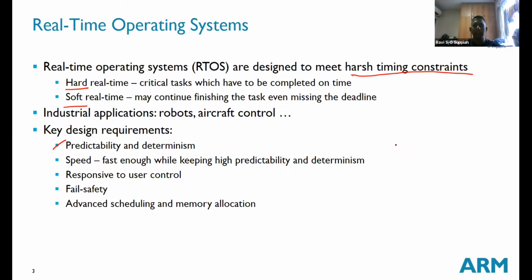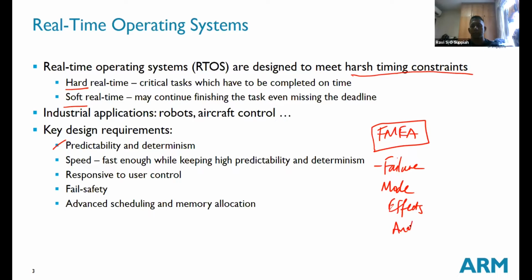Okay. So one of the things, I'm not sure which particular module you will cover it, but one of the things that you should look into is called FMEA. Does anybody know what is FMEA? Okay. So basically FMEA stands for failure mode effects analysis. And this is very, very important, especially when you're talking about safety critical systems. Right? That means when you design systems where safety is utmost importance, you need to do this FMEA for your